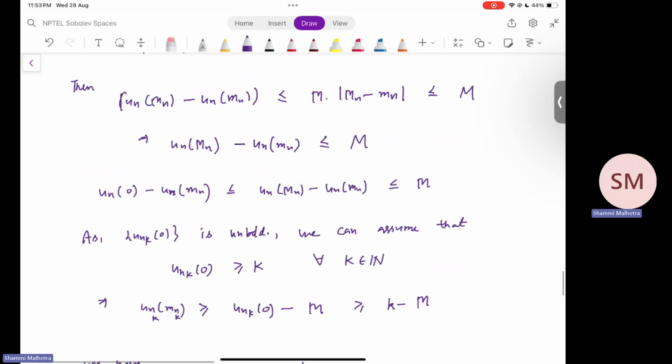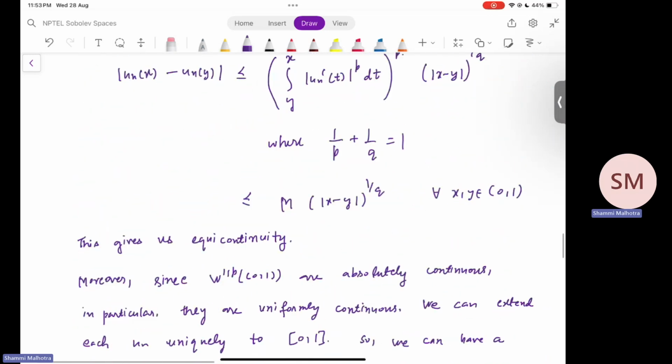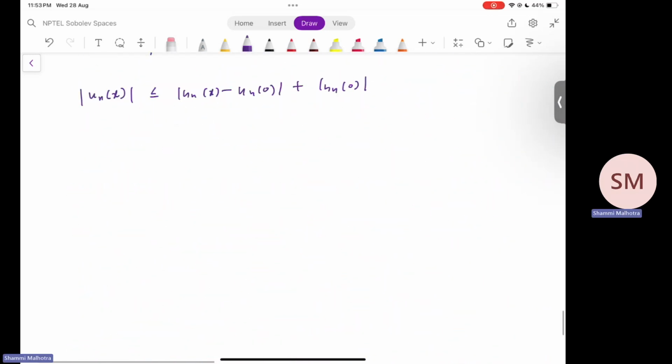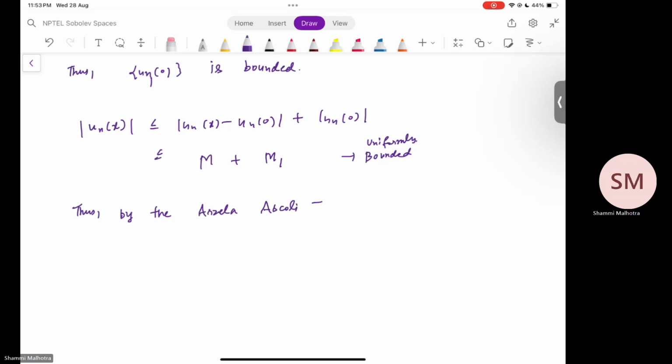We have proved the first thing is bounded by this equicontinuity argument which we have shown above. So the whole thing is actually bounded by M, and this is, let's say, some M_1. So this is bounded, in fact uniformly bounded, thus by the Arzela-Ascoli theorem,